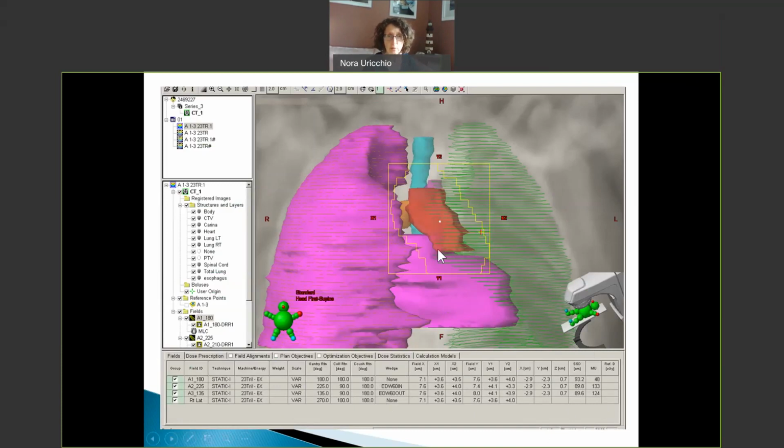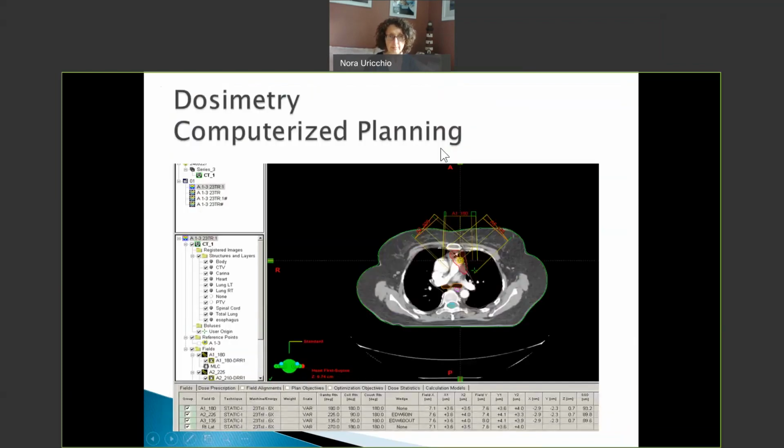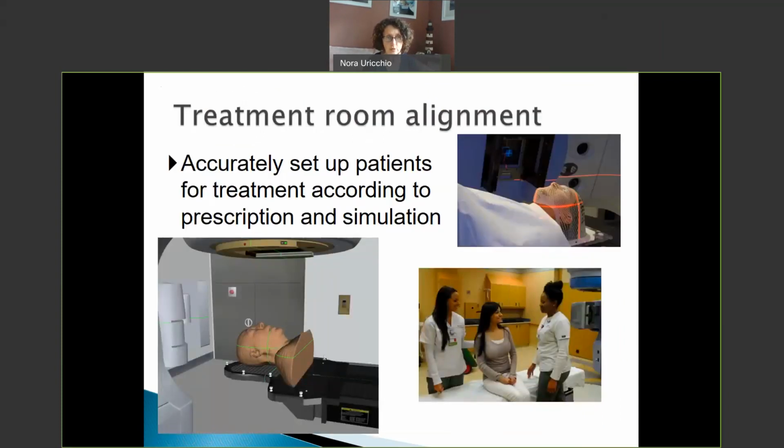What you're seeing in this image, the pink is the lung outlined, as is the green is a lung outlined. The red is the area that we are treating. We can block some of that normal tissue out with special blocking devices in the machine. As another example of a treatment plan, looking at it a little bit differently. This is a cross-sectional view of your chest area. And again, the radiation beams are coming in from the front of the patient on this particular patient. So we design different radiation plans to fit the needs of the patient and to make sure, again, we are not treating the normal structures.